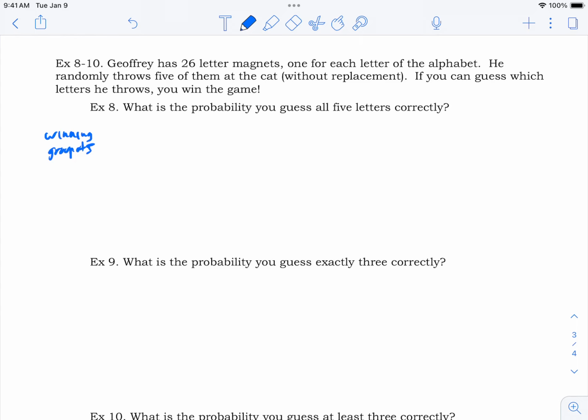So you would have to win. Let's just write it this way. There's 1 winning group of 5, so you'd have to guess that one group. Remember, order doesn't matter. You'd have to guess that one group in order to win. How many groups are there? Well, there's 26 letters to choose from. He's going to choose 5, and that's how many there is to choose from. So you could just say there's one way to win, because there's only one way to get all 5 letters right. And this will be over a